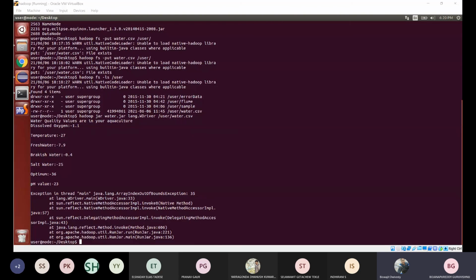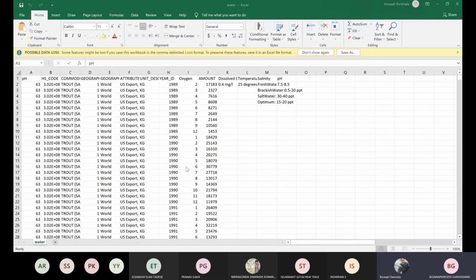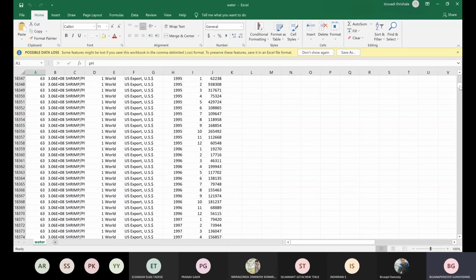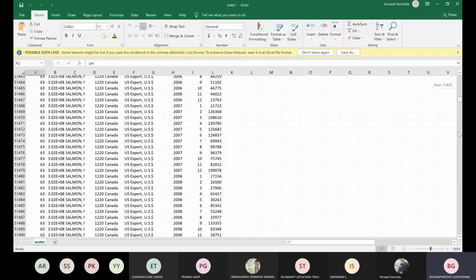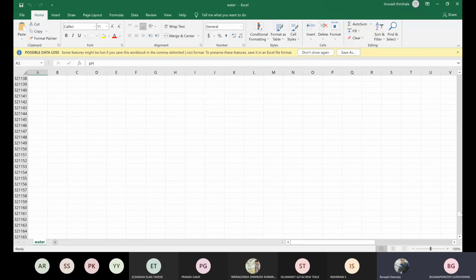You can summarize whatever you have done. Yes, I have done all the command prompts, sir. That is the final output, sir. This is my data set, sir. You can see my data set. This is the data set from the beginning. I have taken it manually, sir, like lakhs of data. Okay, that's fine.